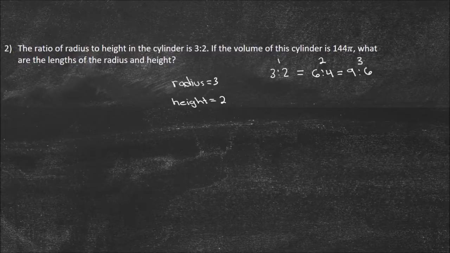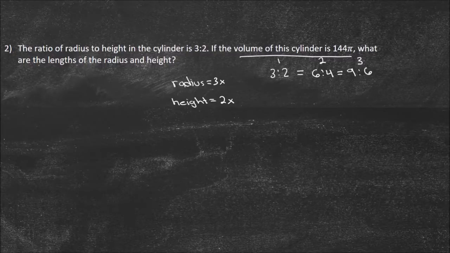So what I can do here is I can say, well, radius, let's let that be 3x. Let's let the height be 2x. And now this is something I can solve, because now I can just solve for x in my volume formula. So what I'm saying is now, the radius and the height, the ratio needs to be 3 to 2,